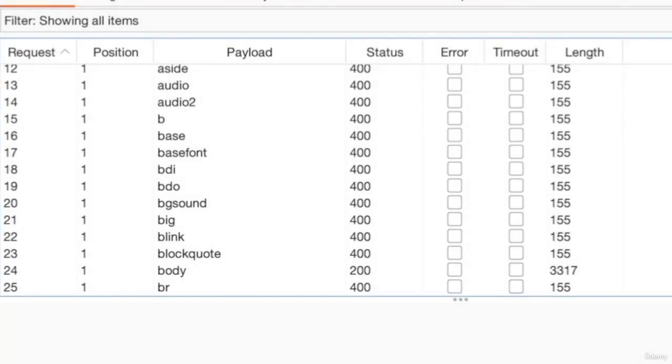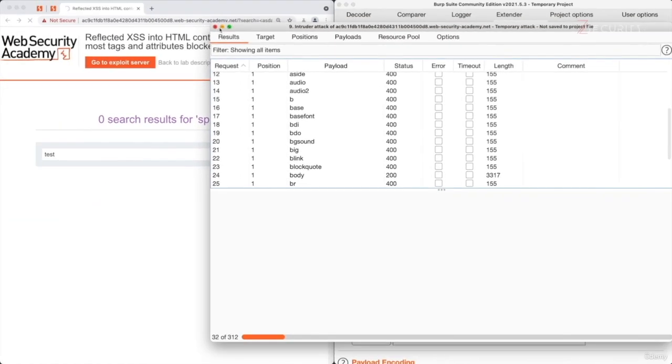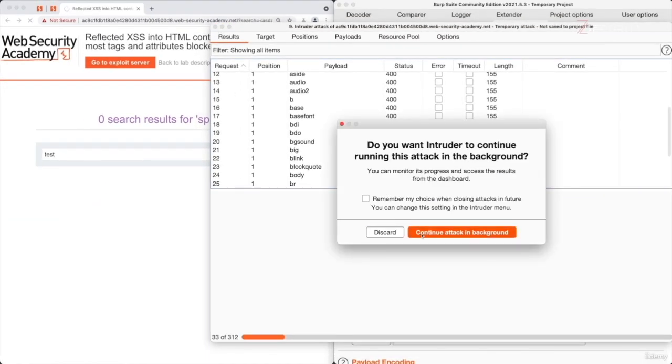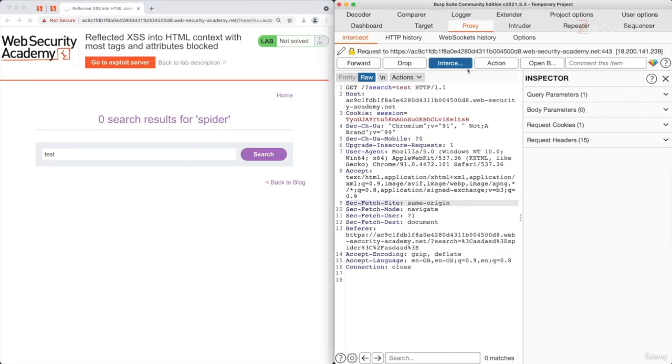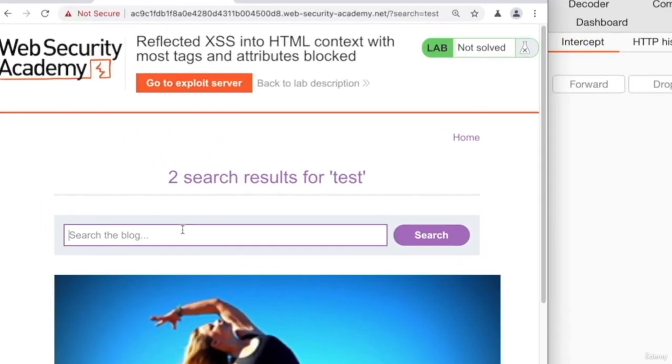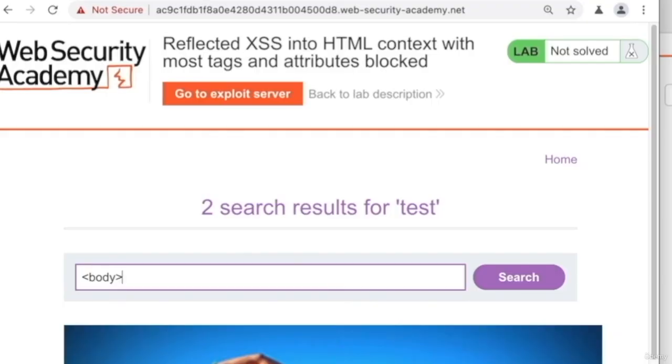So you can keep this running to run through all the payloads that we have, but I'm happy enough with testing the body tag. So I'm going to close this and we're going to discard. And let's actually try this. So I'm going to turn off my proxy and we're just going to do body and let's close it. Do test/body